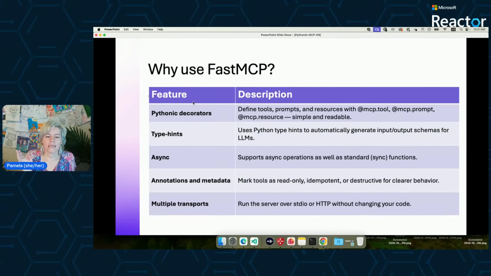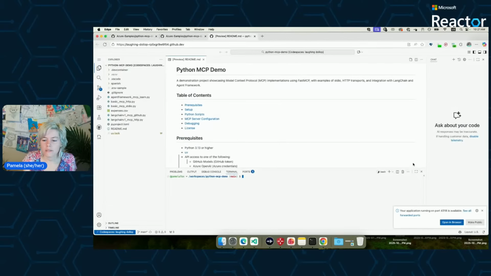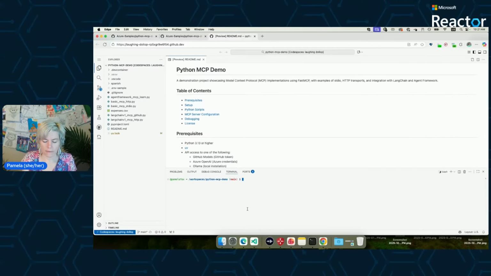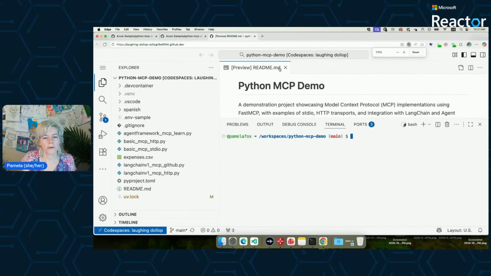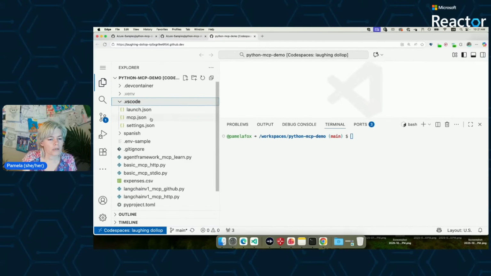So in this package, we'll see it's very Pythonic. We can use Python type hints, Python decorators. We can do async, we can use annotations, and we can run the server in multiple ways. So let's see how we have to do it. We're going to go back to that code space and see it's all set up now. Let me make it way bigger. And I'm going to go to my VS Code folder and click on